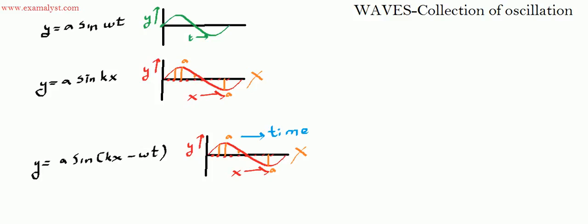Now I said a wave is nothing but a collection of oscillations. Why did I say that? Let us take a close look at the oscillation equation first. On the left hand side you have a y. y represents length, because y will be either in centimeters or meters or smaller than that. If you look at the right hand side, a also has the dimension of length. You have to agree with me on that part. A also has the dimension of length,